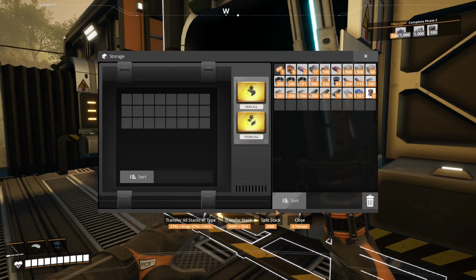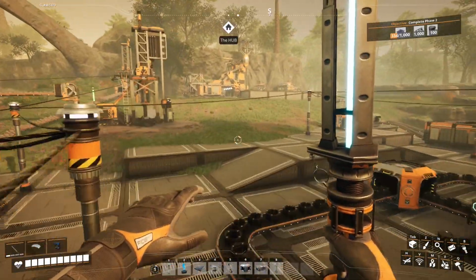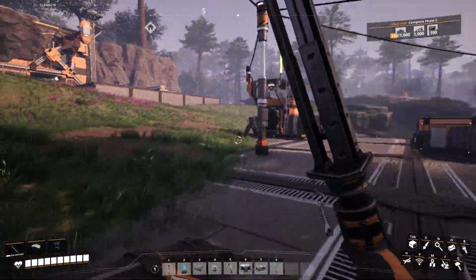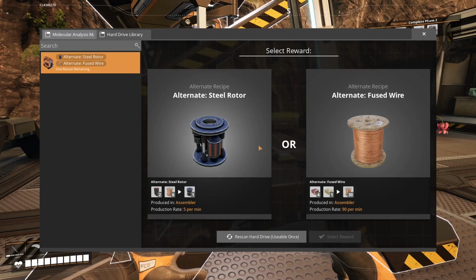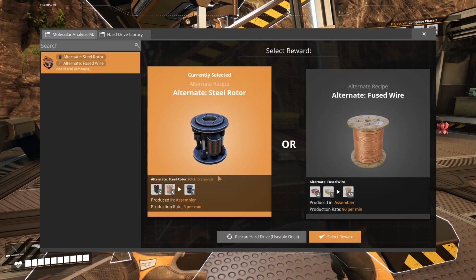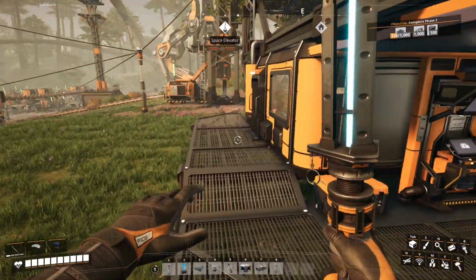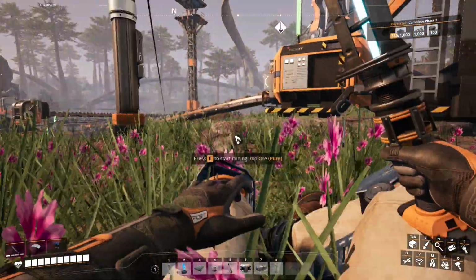Oh god, there's only 80. Oh no. And that might be enough. I mean, I've done the lift. I've done the tricky thing. Next one. What have we got? Oh yes, that's what I want. And then what's that? Fused wire, Caterium? No, sort of. Steel rotor. That's what I want. I might see if I can get cast iron screws, and once I've got cast iron screws,